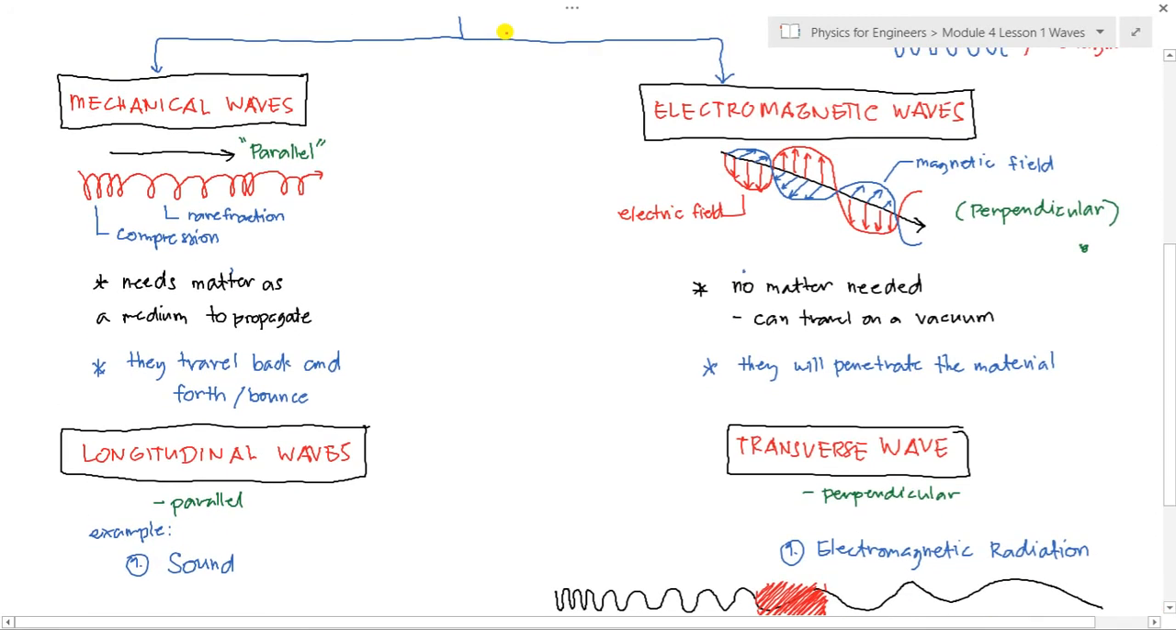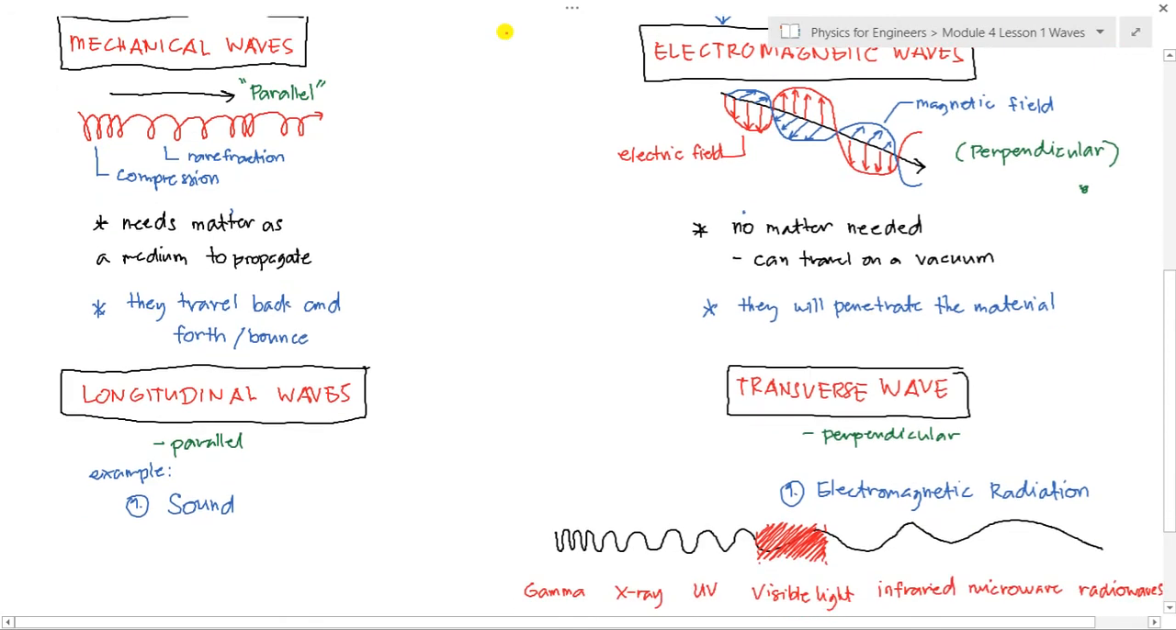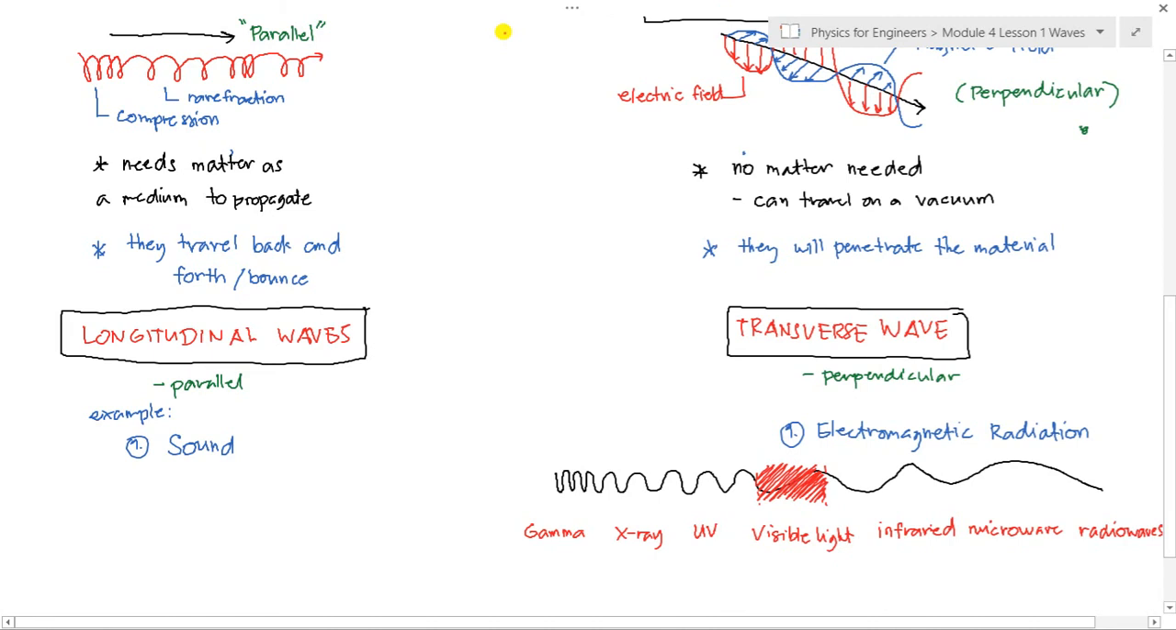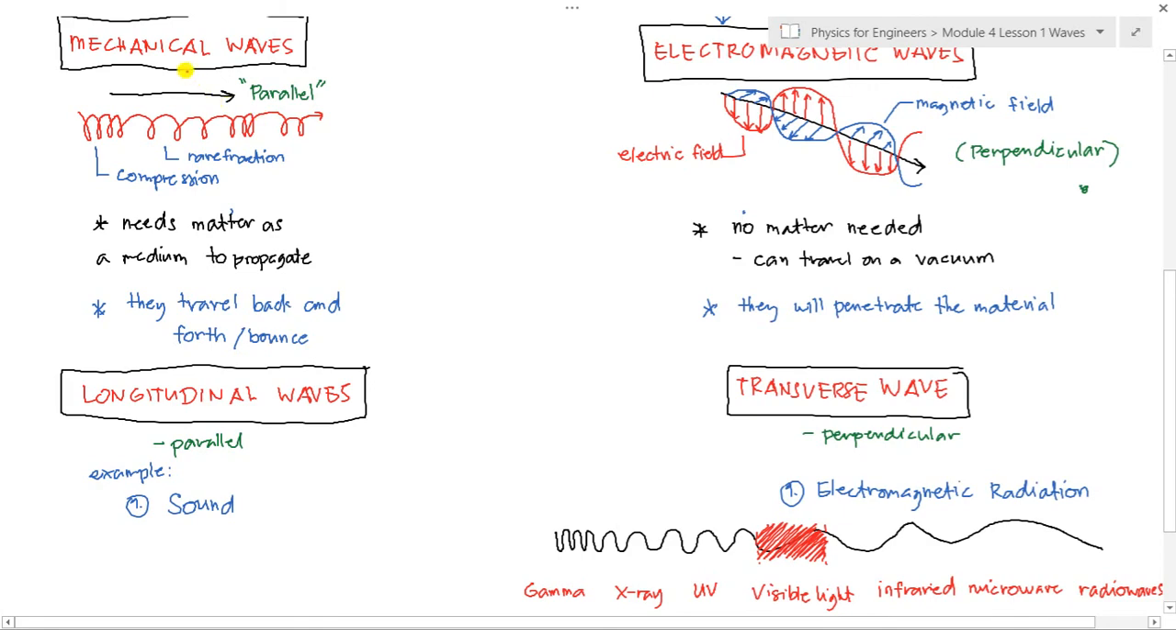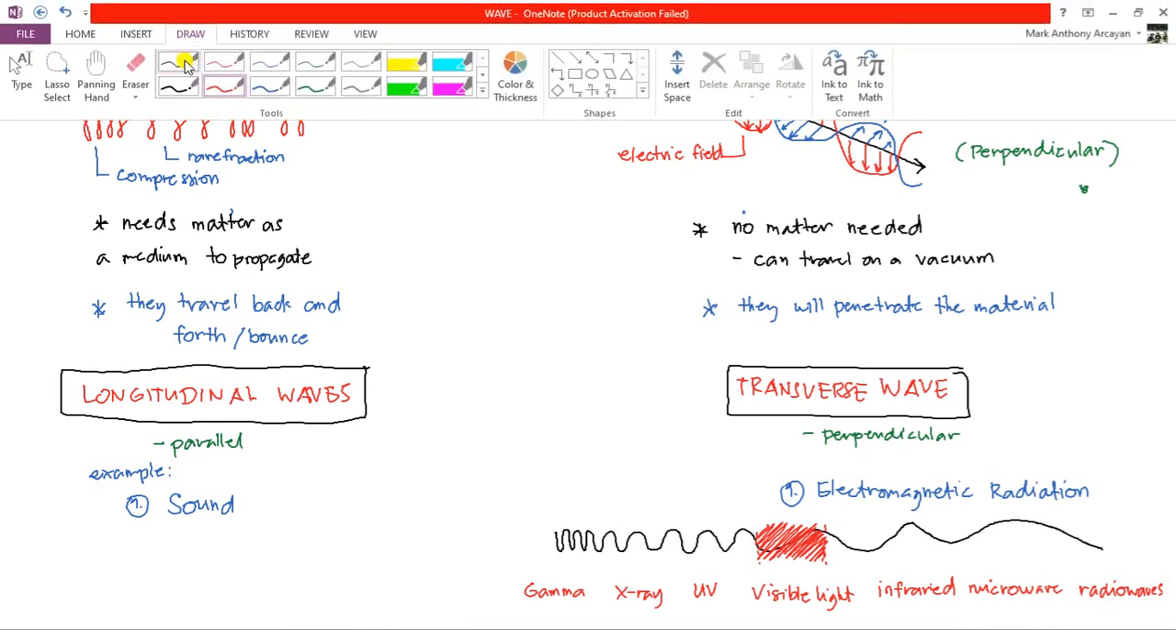Good example for mechanical waves is sound. Good example for transverse wave for electromagnetic is the electromagnetic radiation. Starts from the gamma, highly penetrative, until the radio waves, less penetrative. Manigamit sa ato ang communication. And if you want to know kung unsa